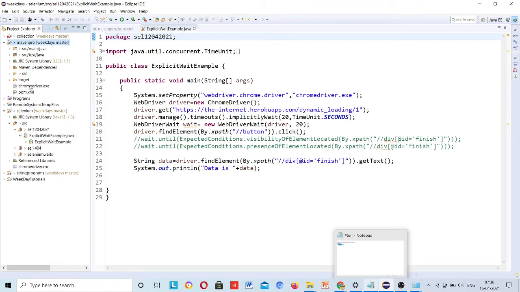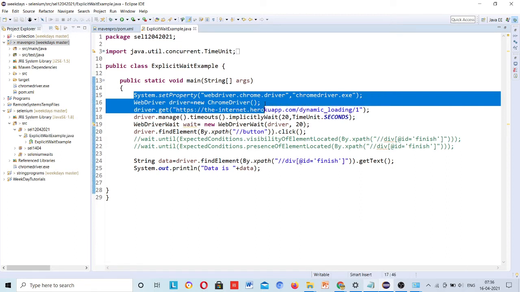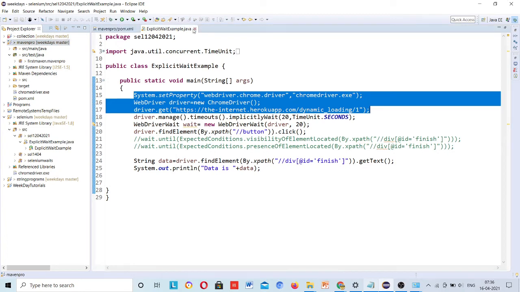Okay, and then I will copy these lines. I have not added Selenium libraries here because Maven will automatically download.